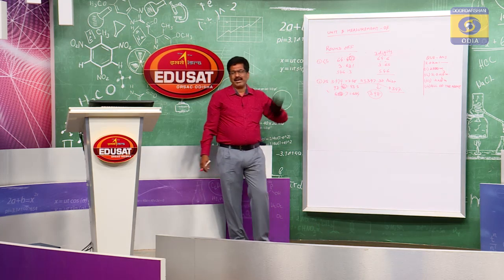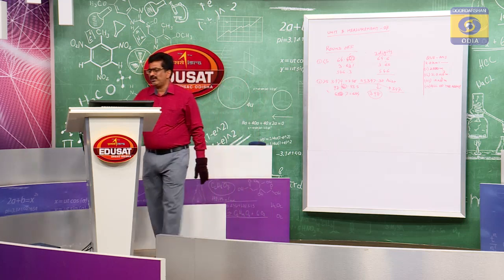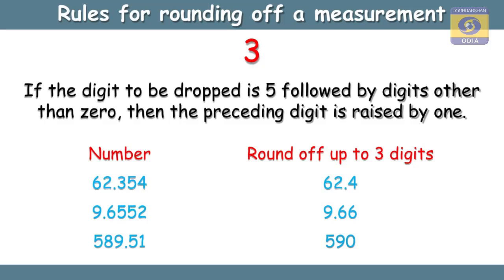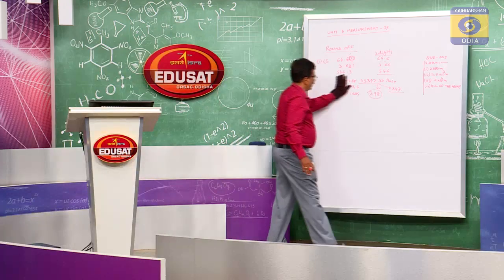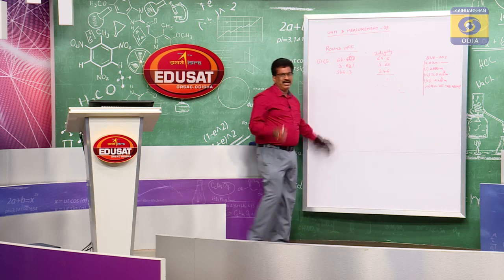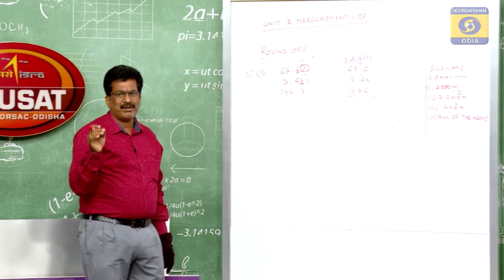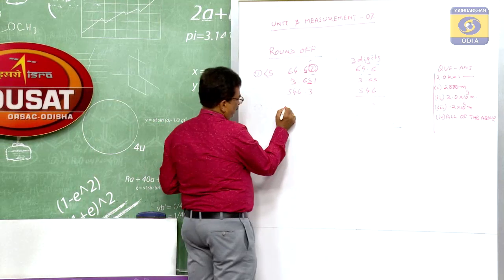If it is greater than 5. Next we will go for equal to 5. So if the digit to be dropped is 5 followed by a digit other than 0, then the preceding digit is raised by 1. So the third one is, what is? If the digit to be dropped is 5 followed by other digits, means